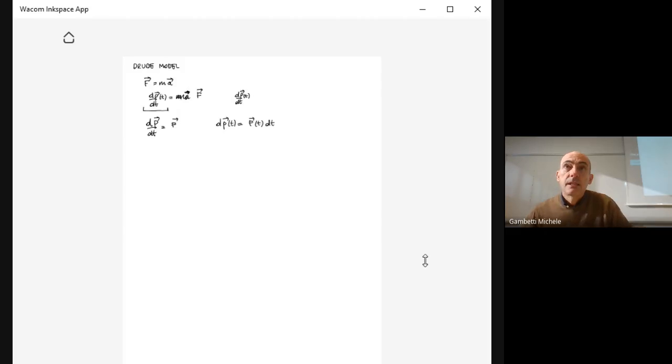Now, dp is the small variation of the electron momentum along time dt. So we may write dp as p at time t plus dt minus p at time t. And this is equal to F times dt. If we now take the momentum p at time t on the other side, on the right side, what we have is p,